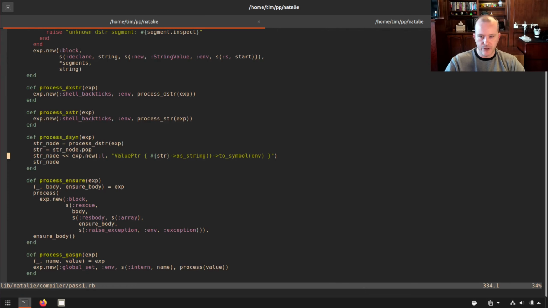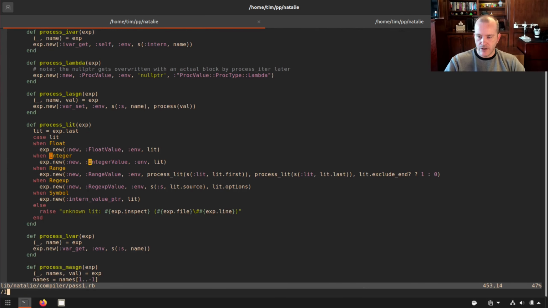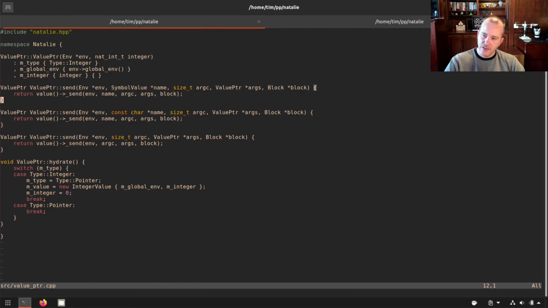So in our compiler, somewhere we are doing integer value, would be right here. So we're not going to do a new, we're going to take off the new operator, value putter, and we're going to pass in, this is a little bit gross, but this is kind of an experiment anyway, so I'll just do it like that, and then pass in the literal value. So that's how we're going to create an integer, and this will just be on the stack. Because I took off the new operator, this will just be on the stack until something